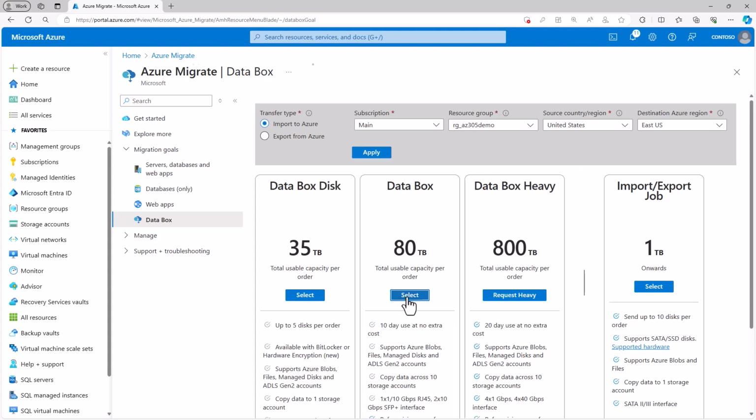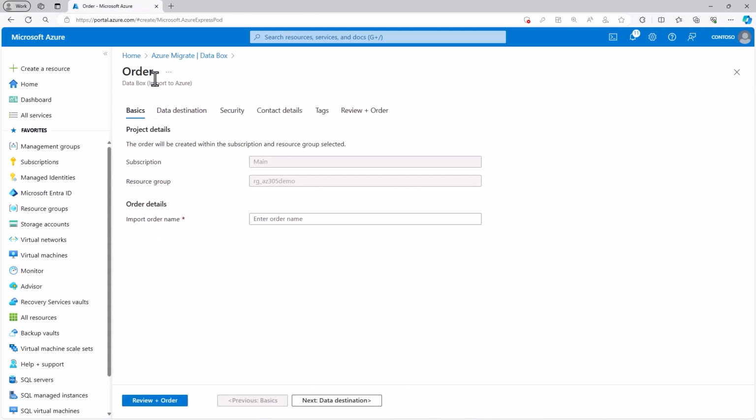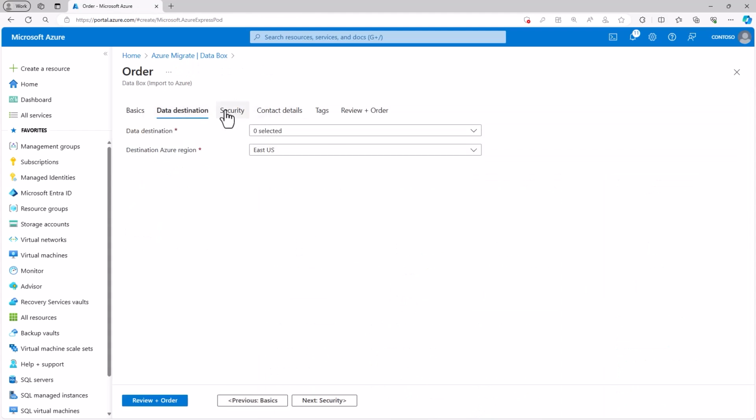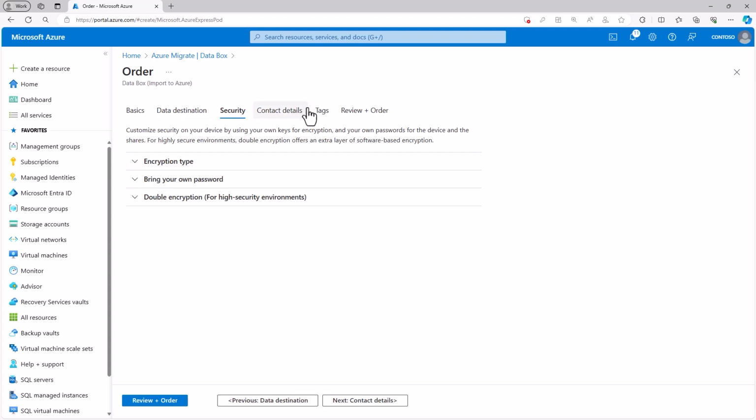You select that resource and then walk through and configure your data destination and your security, from the encryption types you want to use, to create that job. And then the items would be shipped to you. You would plug that into your network, copy the data onto it, be encrypted, and then you would ship it back to Microsoft. We would notify you when it gets to the region that you want, and then we would mount that service,